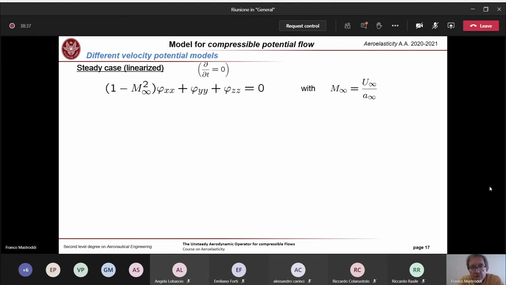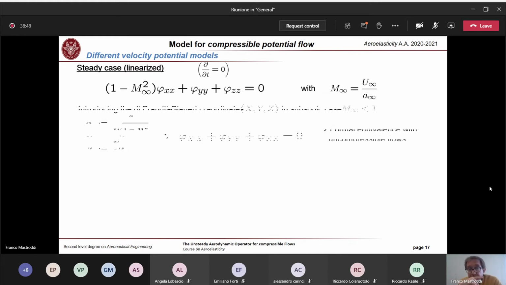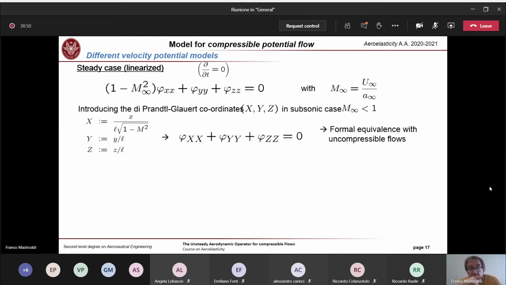You know this equation. For example, if you consider a steady case, no time derivative, you know that this equation is an equation of this type here. And in the case, of course, of subsonic linearized steady case, subsonic, please, linearized, we have an equation like this,